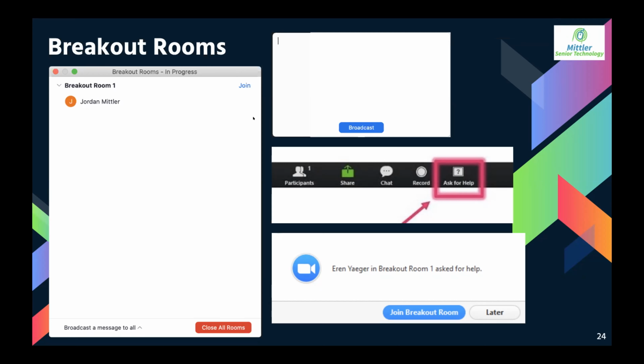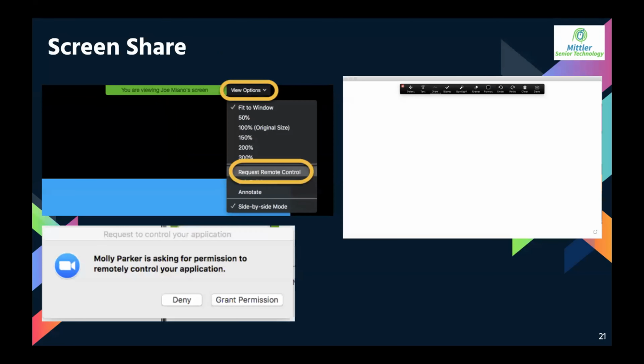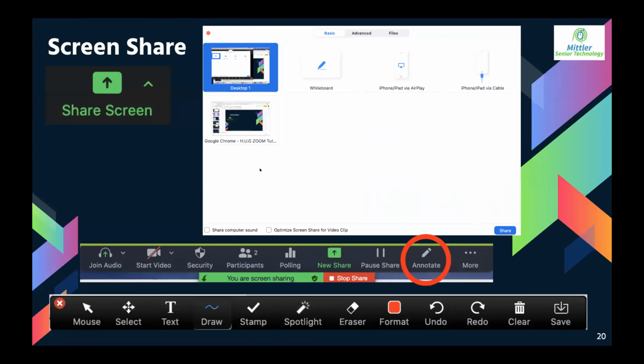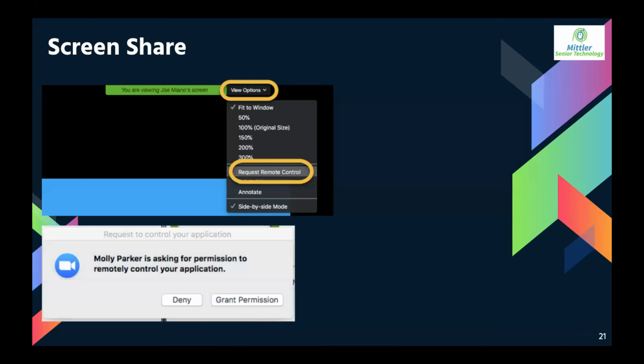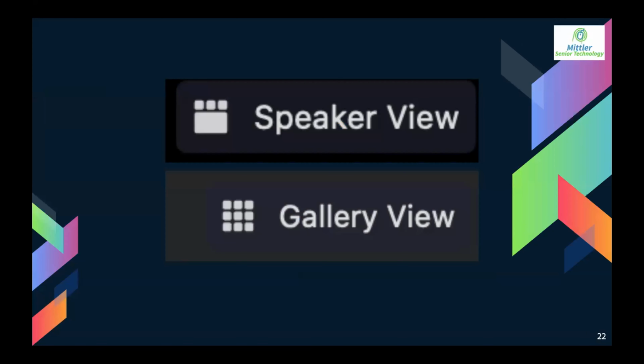Yeah, so let's say you use the remote control and you're done with it, then you're going to go to the same place you were. Let me go back, see it here. Basically, after you click on request remote control, it will pop up, you grant them,